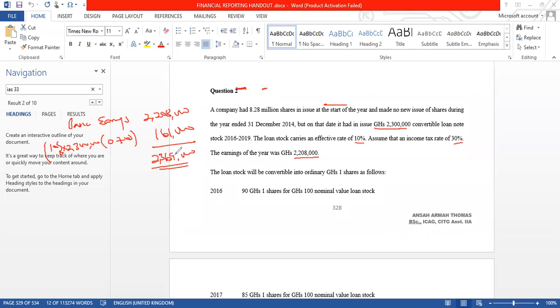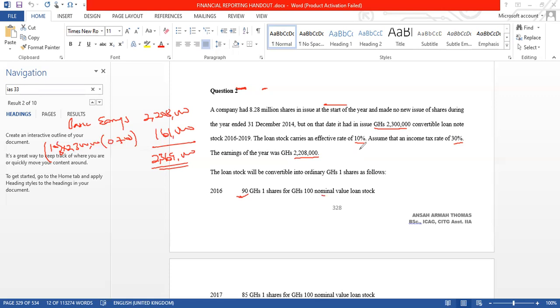Which one of these will we select? Which one will give us the higher number of shares? Obviously, it is this. We have 90, 85, 80. That is the one that will give us the highest. This is the highest. It's 90 shares for 1 Ghana cedi. So that is what we have. Okay, so if we pick that,